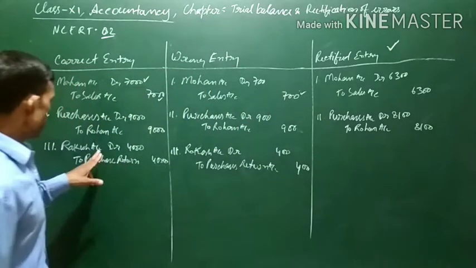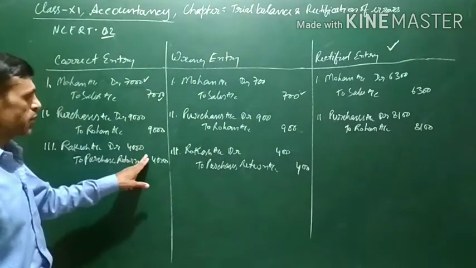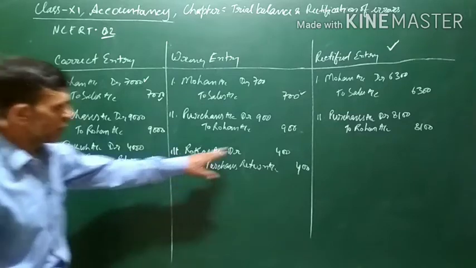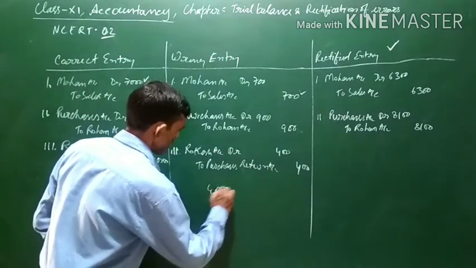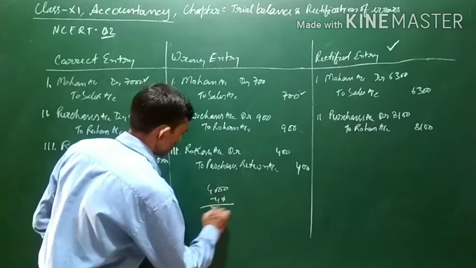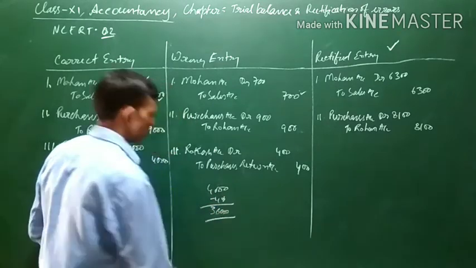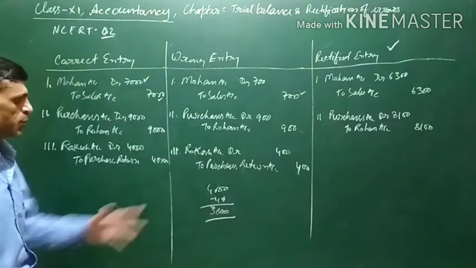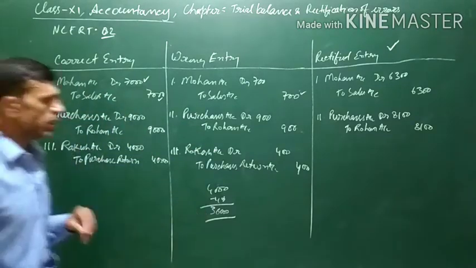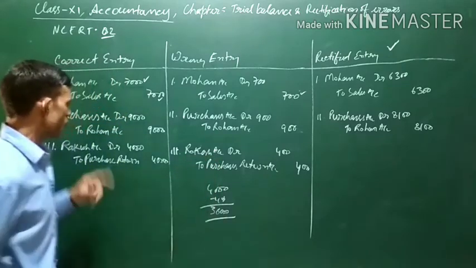So actually Rakesh account should have been debited with 4,000, but it has been debited with 400 only. It means 4,000 minus 400 will come to 3,600, means Rakesh's account will be further debited with rupees 3,600